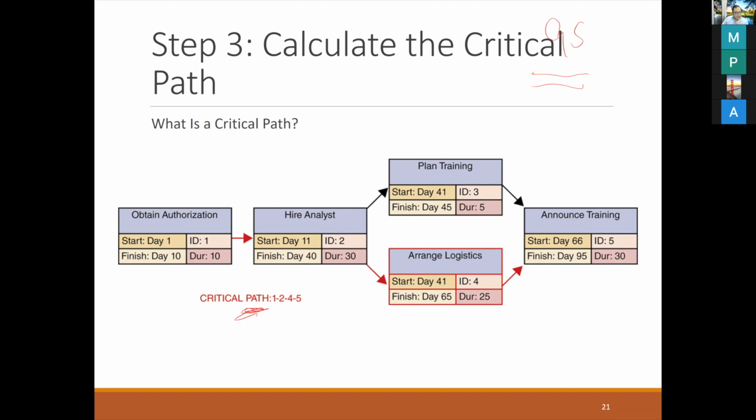So just a little bit more, if I talk about this one, you can see the detail here: day 1 to day 10, day 11 to day 40, day 41 to day 45, this is day 41 to day 65, and lastly this is day 66 to day 95. So one thing that you have to know is the reason why I tell you